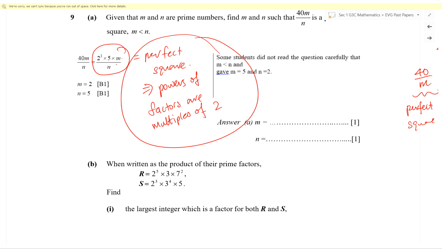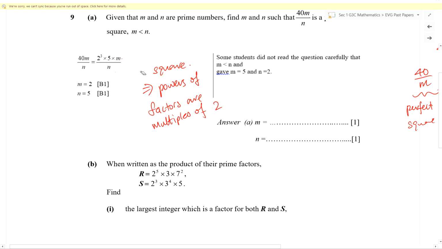Okay, then now we look at it. Currently, 2 has a power of 3, 5 has a power of 1. We need to make either the 3 become 4 or become 2. We need to make the power of 5 become either 0 or 2, because those are multiples of 2. So we actually have 2 options. The first possibility is that we let m be equal to 2. If this m becomes 2